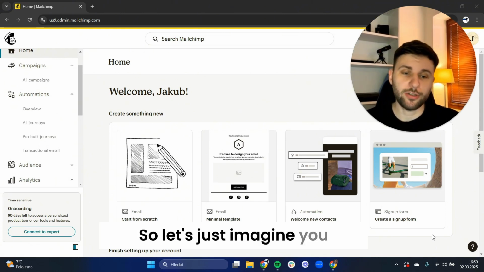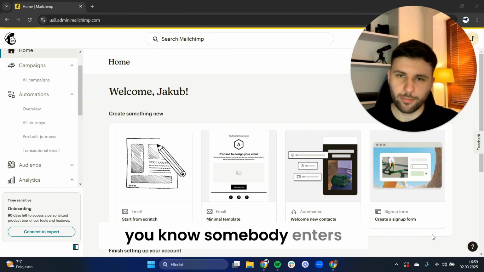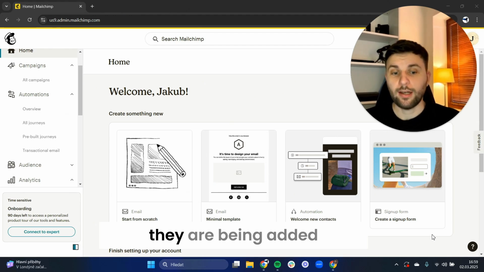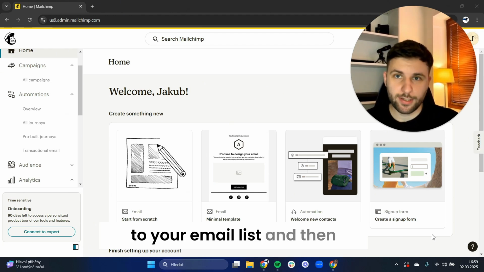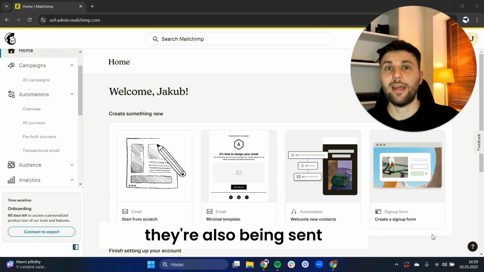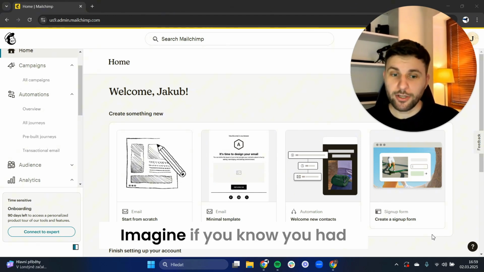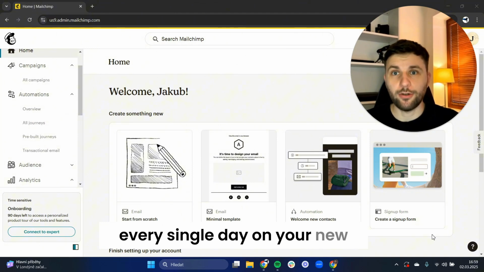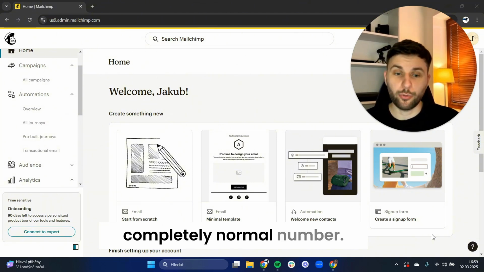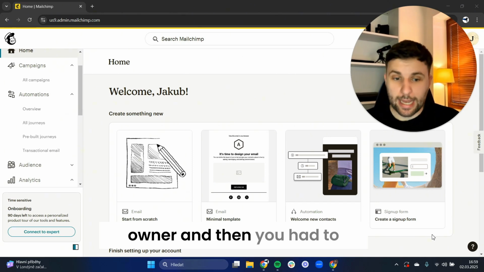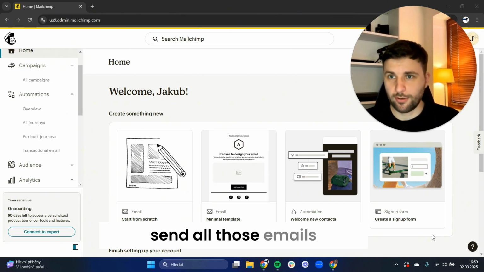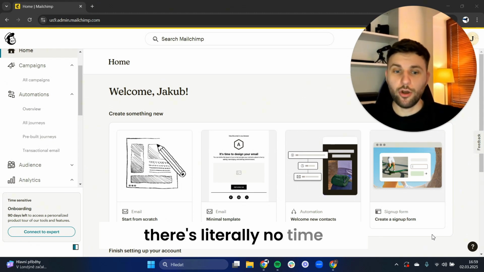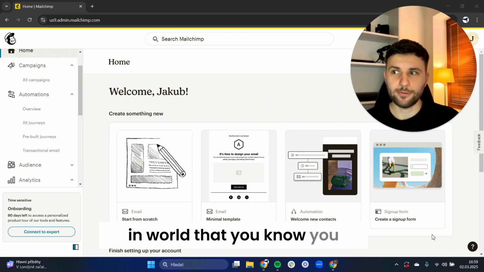So let's just imagine you have a landing page and then somebody enters their contact information. After entering that contact information, they are being added to your email list and then they're also being sent an automatic email. Imagine if you had, let's say, 100 new signups every single day on your new email list, which is a completely normal number if you're a big business owner. And then you had to send all those emails manually. Your head would just explode because there's literally no time in the world that you can put